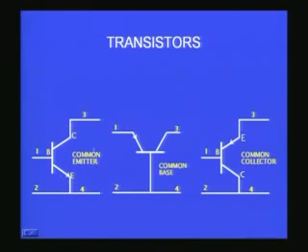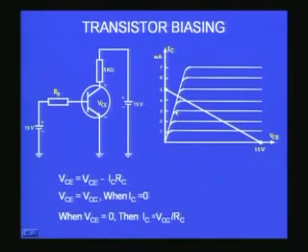For example, the first figure is a common emitter configuration. You find the emitter is a common terminal. Both 2 and 4 belong to the emitter, and 1 and 2 is the input, 3 and 4 is the output, as in any amplifier. Similarly, you have a common base configuration where the base becomes common to the input and the output, and common collector where the collector becomes your common terminal between the input and output. Okay, with this understanding, now we will concentrate more on the common emitter configuration, as I already mentioned to you,